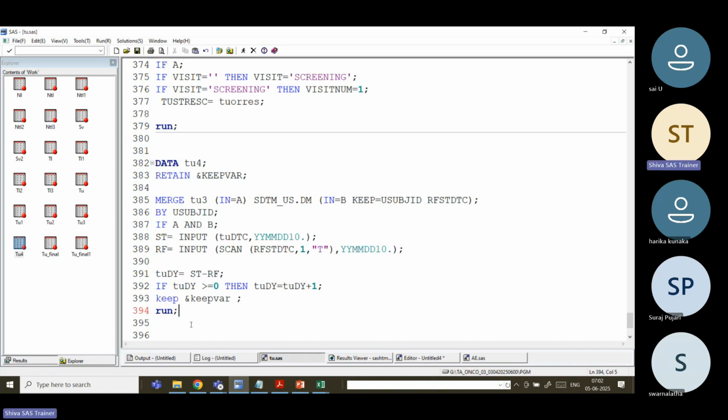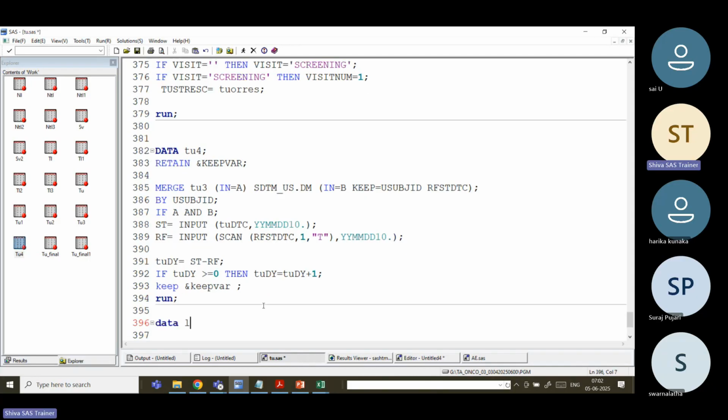So we need to consider the records which were happening before taking the treatment. After that, among those records, we take the last record before treatment, which we can populate with this flag. Okay. So data, the last record,